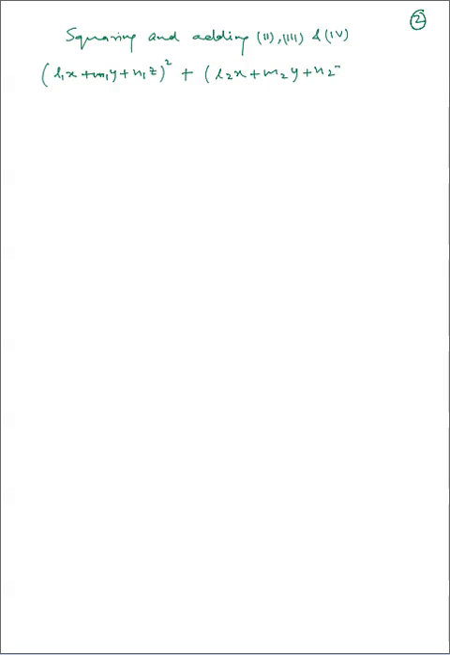So, squaring and adding equations 2, 3 and 4, what we get, we take the left hand side (L1x + m1y + n1z) whole square, and these we got on the left hand side